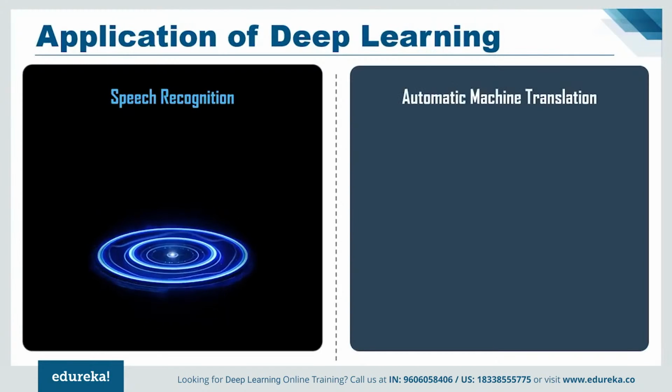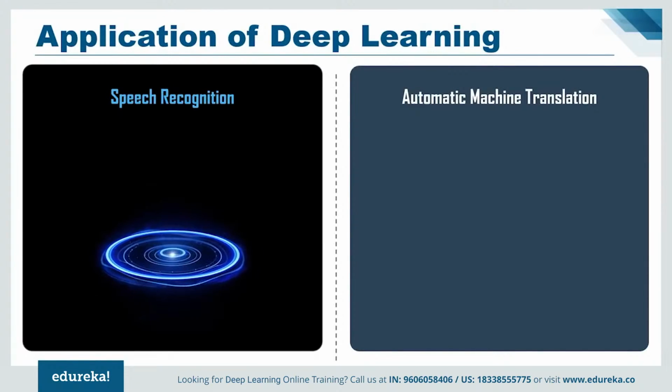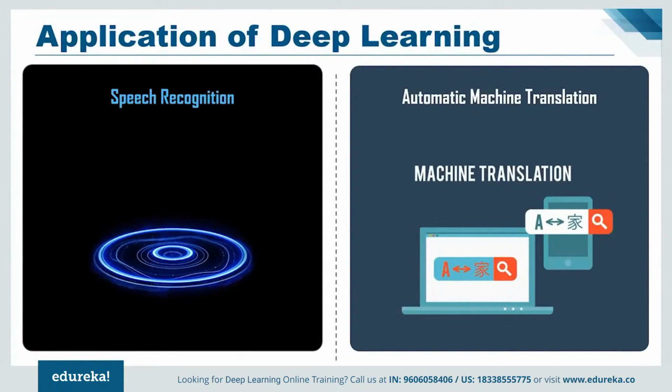Next on our list we have automatic machine translation. We all know that Google can instantly translate between 100 different human languages, and that too very quickly, as if by magic. The technology behind Google Translate is called machine translation and has been a savior for people who cannot communicate with each other because of a language barrier. You would be thinking that this feature has been there for a long time, so what's new in this? Let me tell you that over the past 2 years, with the help of deep learning, Google has totally replaced its approach to machine translation in Google Translate.